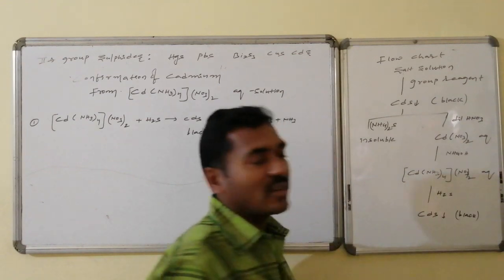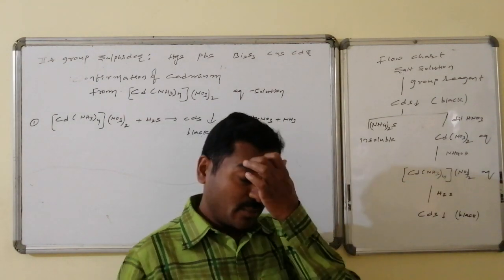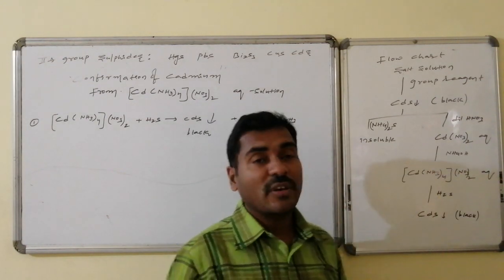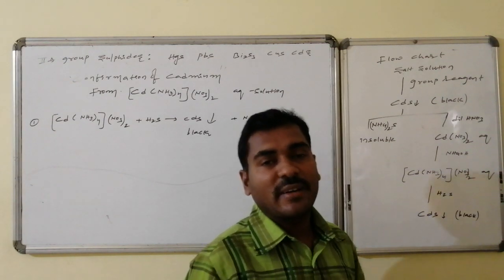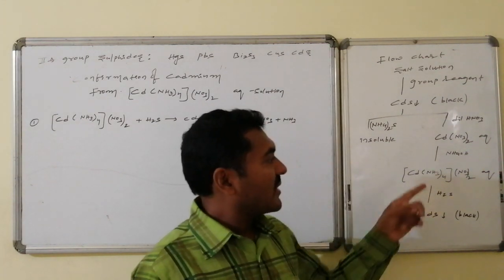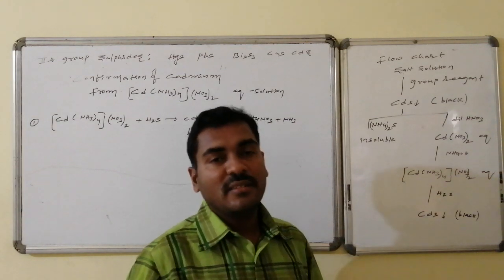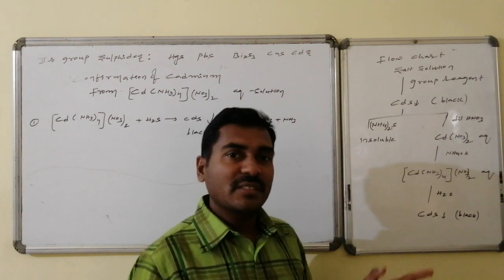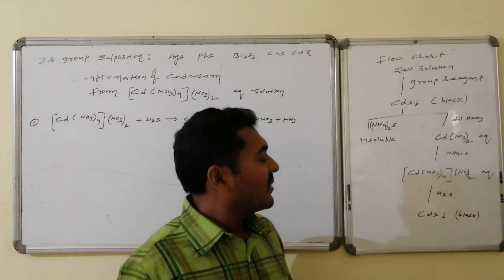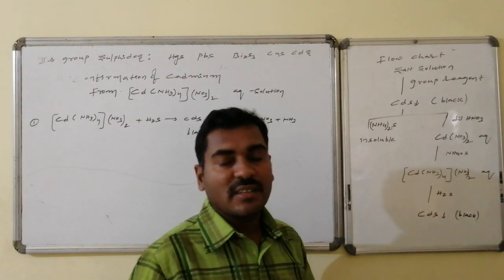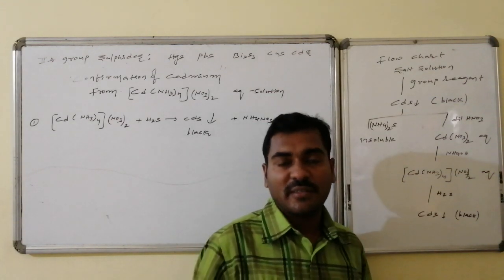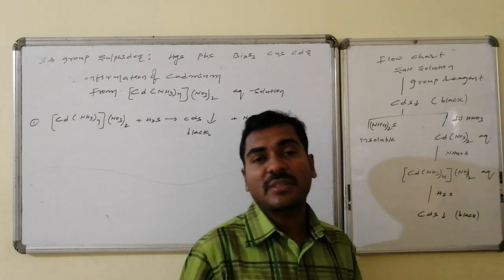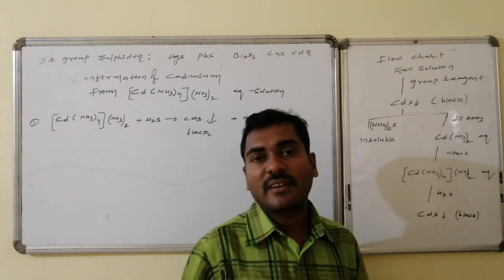This is insoluble in yellow ammonium sulfide and soluble in dilute HNO3, leading to the formation of aqueous cadmium nitrate, a colorless solution. On reaction with excess ammonium hydroxide, it gives tetramine cadmium nitrate, once again an aqueous solution. This on reaction with H2S leads to the formation of cadmium sulfide precipitate, which confirms the presence of cadmium in the salt or the salt mixture.